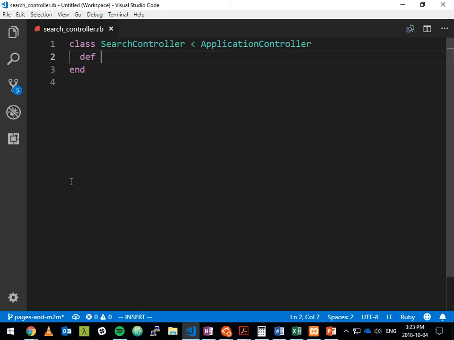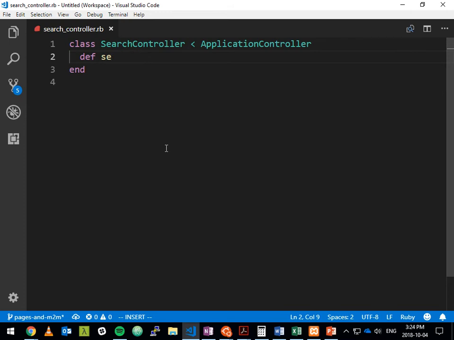This controller is not going to conform to Rails' standard RESTful routes, just because I haven't thought about it enough to think about if that would work. Typically, a lot of Rails programmers will try to make all controllers conform to the 7 RESTful routes, but when it's a search controller that only has a search page and then a results page, that doesn't necessarily conform. I could probably think of some way to force it into that model, but we're not going to go there. I will just create a method here called